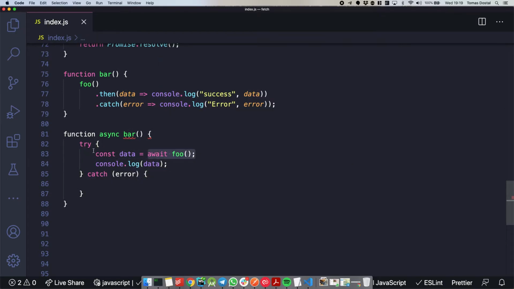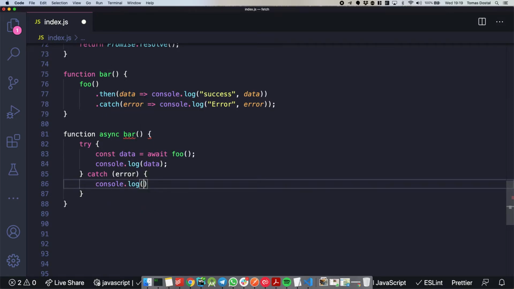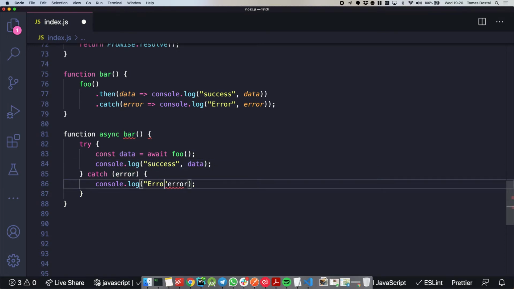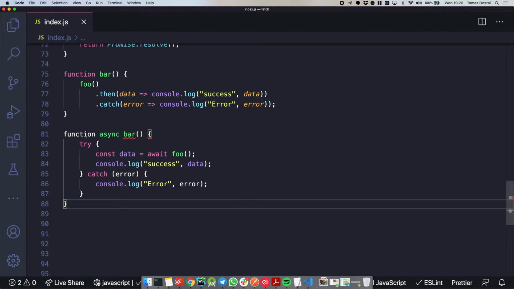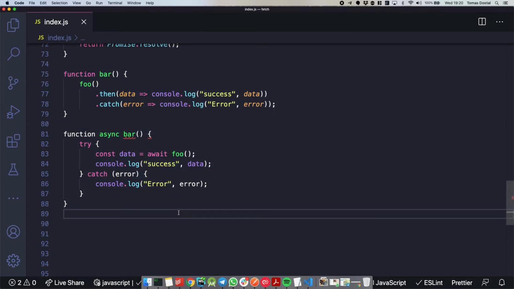If anything within this try block throws an error, you would just do console log error. So just to have the same result, we would do success and error. So this is exactly the same thing written two different ways. Does it make sense?